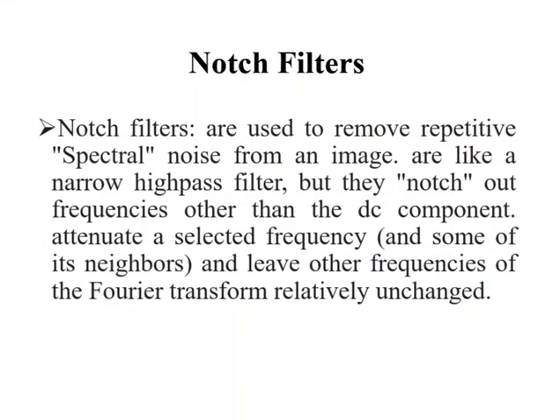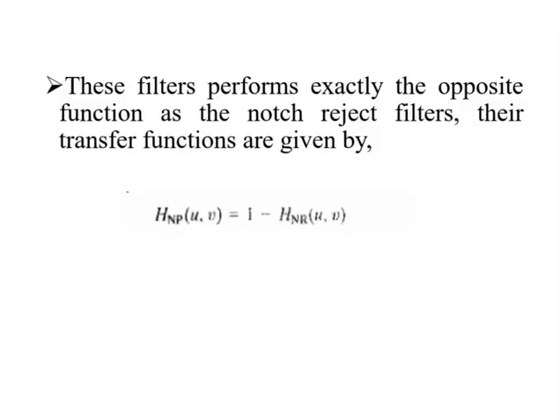follows. The simplest approach to restoration is direct inverse filtering, where we compute an estimate F^(u,v) of the transform of the original image simply by dividing the transform of the degraded image G(u,v) by the degradation function. F^(u,v) = G(u,v)/H(u,v). The division is an array operation. Substituting the right side of the equation, we get F^(u,v) = F(u,v) + N(u,v)/H(u,v).